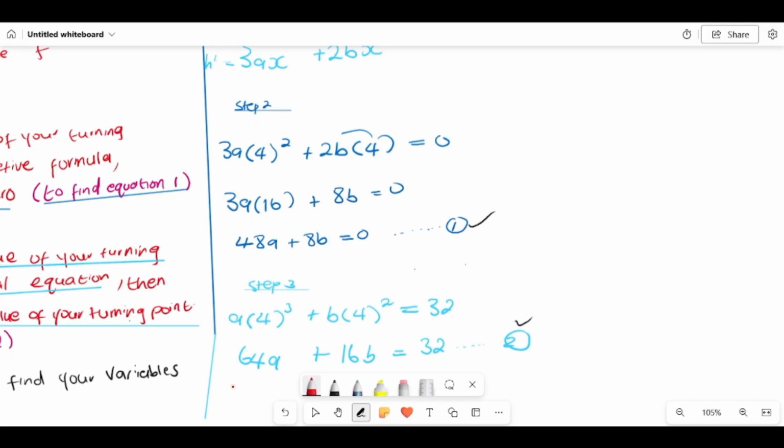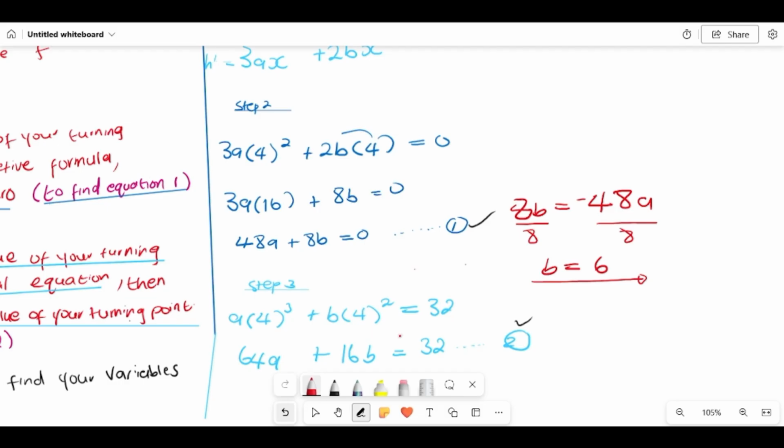So I'm going to try and make this equation to be in terms of b by just simply saying, okay, 8b, it is equals to, I'm going to take the 48a to the other side, 48a, right? And this is going to be a negative, remember, when it goes to the other side. And dividing both sides by 8, my b value here, it will be equals to 6,